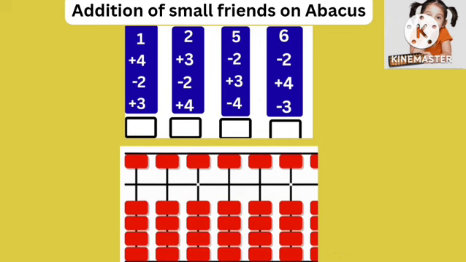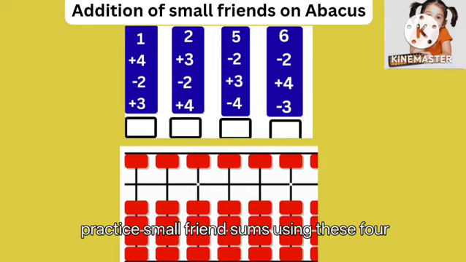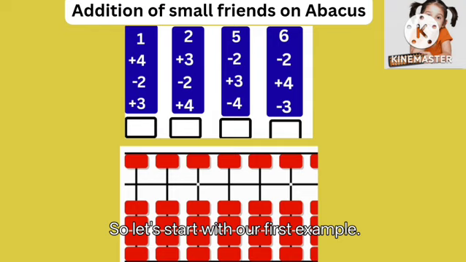Today we are going to practice small friend sums using these 4 examples. So let's start with our first example. 1 plus 4. So first take 1